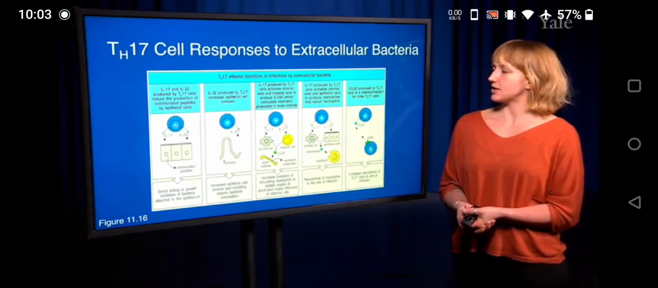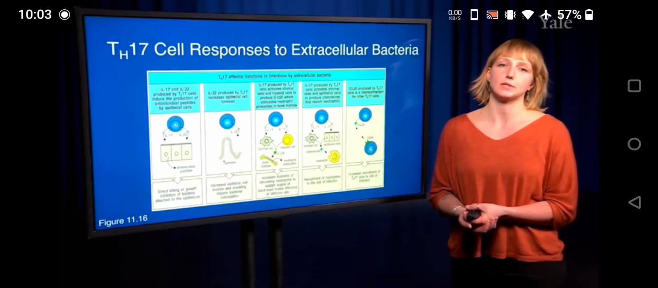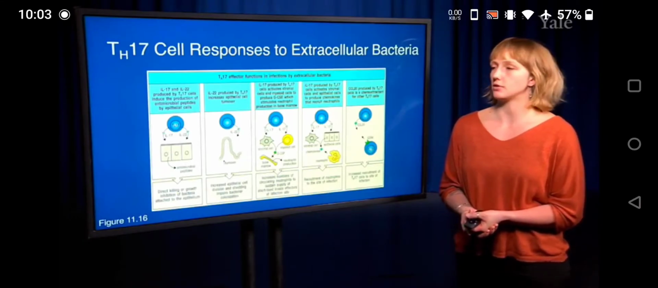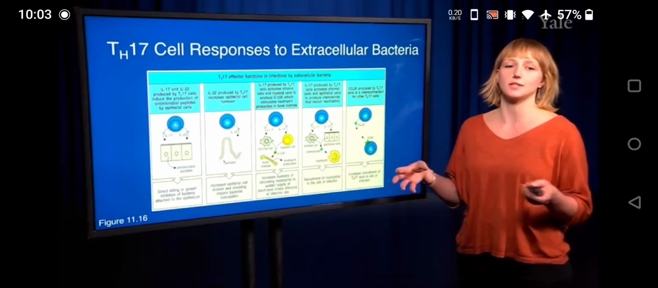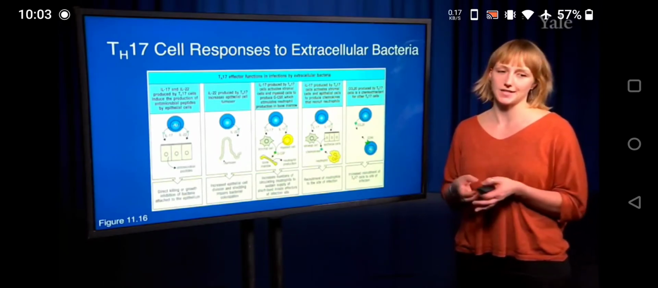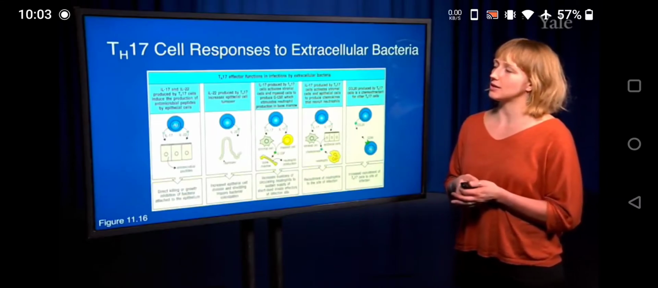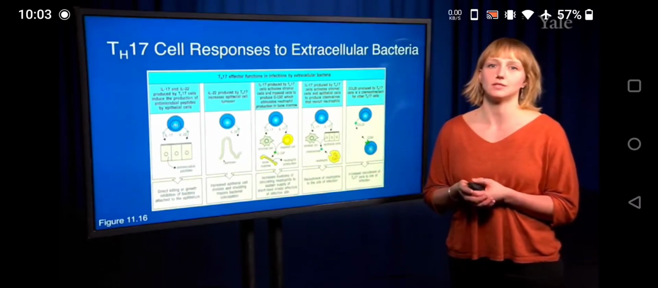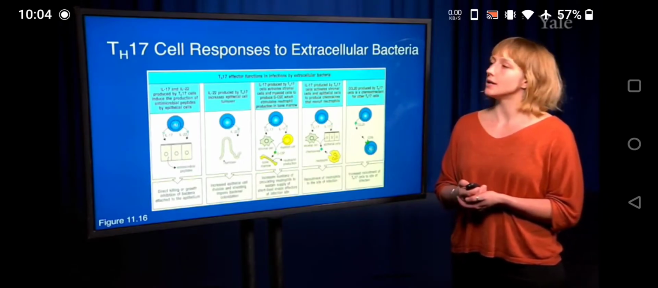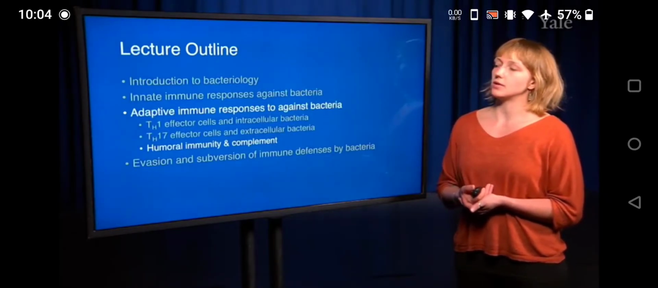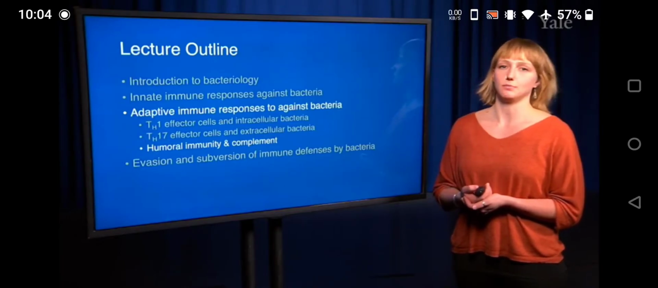Th17 cells also produce CCL20, which is used as a chemoattractant for other Th17 cells so that we have lots and lots of Th17 cells at the site of infection, such that they can all perform these effector functions to lead to the expulsion of extracellular bacteria. Now that we've gone through the T cell responses to bacteria,